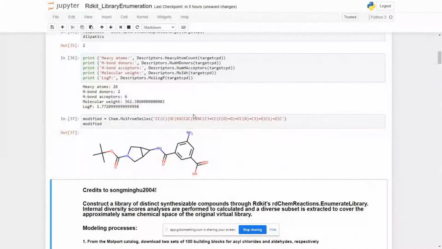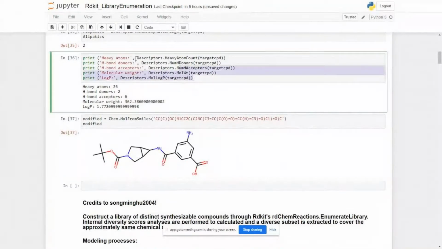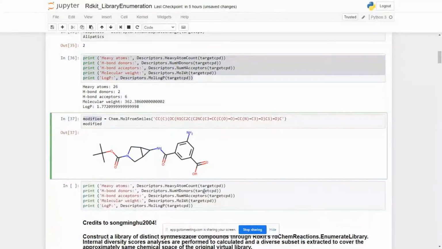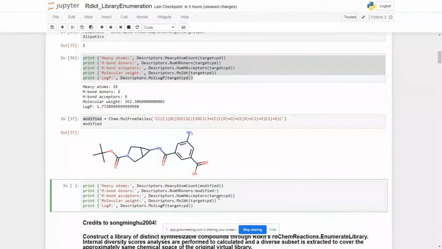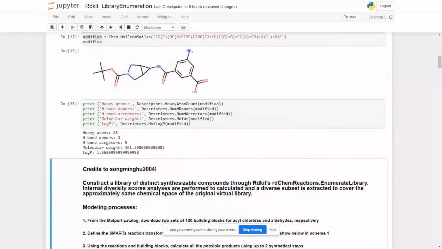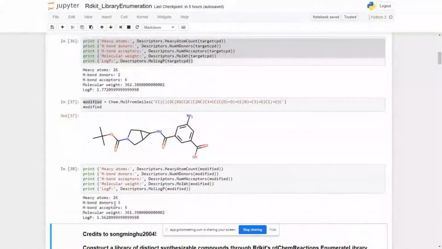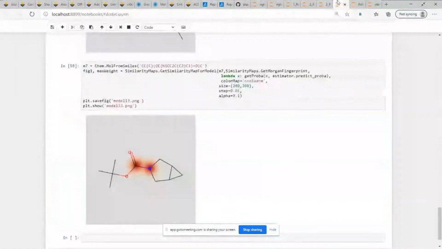Right. Let me add one more cell here. I'm now calculating properties for this modified compound. Now the heavy atom count is still 26. The number of donors is 3 now, acceptors are 5, molecular weight is 361, and log P is a bit reduced, not completely. Okay, right? And if I take this compound to here also,